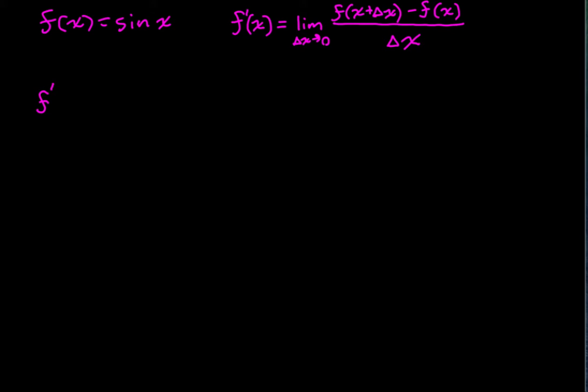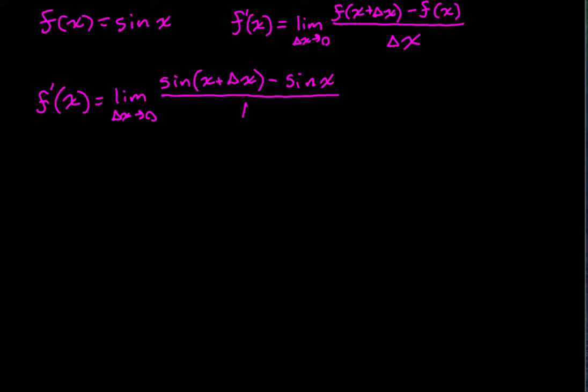We know that since f of x is sine of x, f prime of x is going to be equal to the limit as delta x goes to 0 of the sine of x plus delta x minus the sine of x divided by delta x. And there are ways to simplify this further, of course, and that's what we're going to be doing. So if you remember from our trigonometry videos, there is a way to separate this out, sine of x plus delta x. It's the angle addition identities for trigonometry, and that's what I'm going to be using to